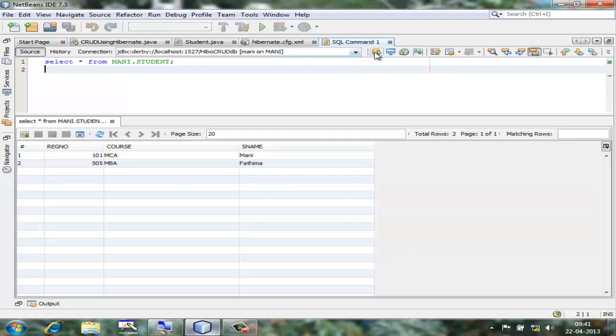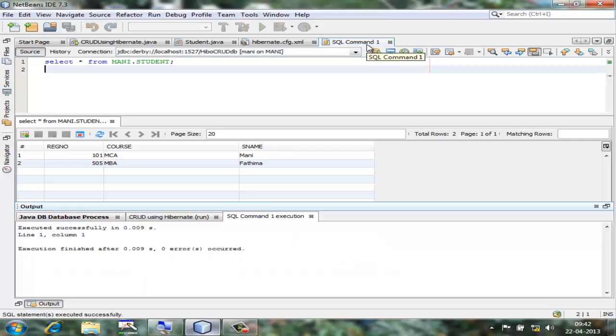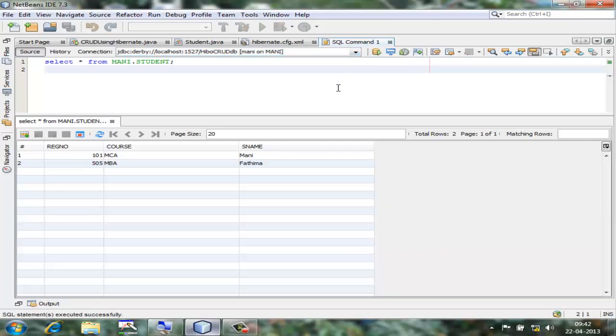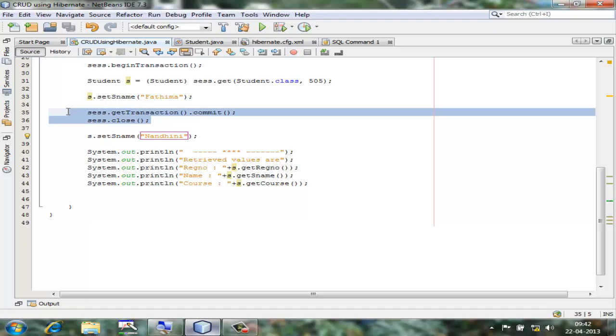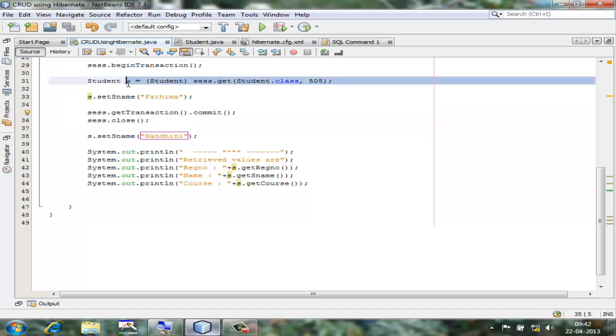Let's go to the database over here and let's run this query, and you notice that when you run the query, it has not highlighted that in the database. Why is it not doing that? It's not doing it because this statement is done after you have closed as well as after you have committed the last transaction. After this, when you say session.close, the student object, that's the object you have here,